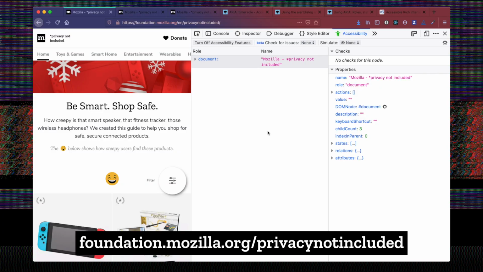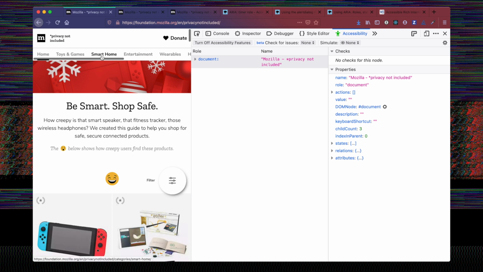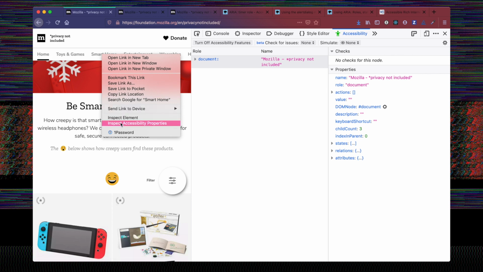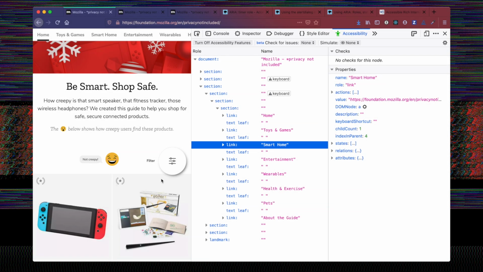Okay, so here we're on the foundation.mozilla.org privacy not included page, and we're going to just inspect one of the menu elements. And here we see that this element has the role of link. So this is a good example of an element on a page that could possibly go under the widget role